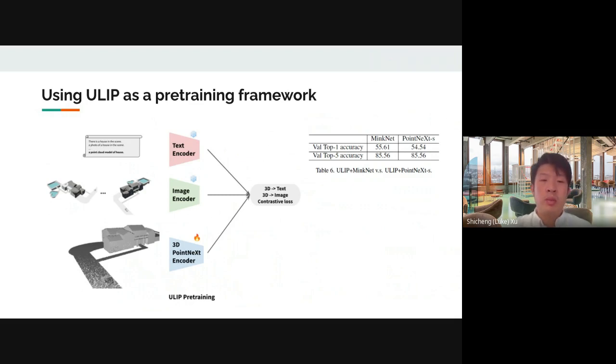ULIP is a multimodal learning framework for text, image, and point cloud. For BuildingNet, I generated 64 text prompts, 16 multi-view images and depth maps, and a pre-processed point cloud model for each 3D building to form the triplet to train